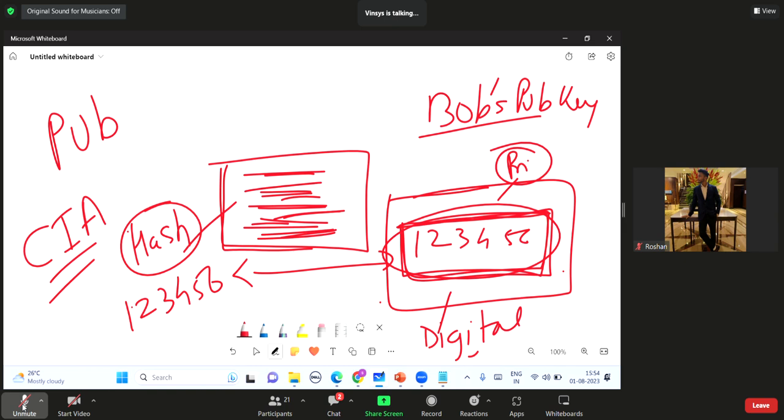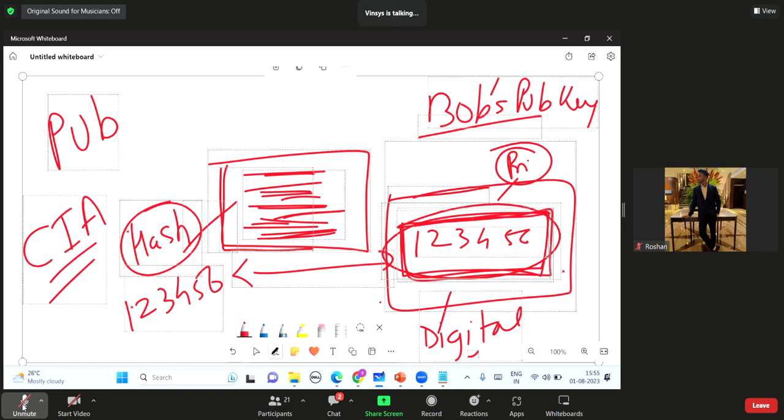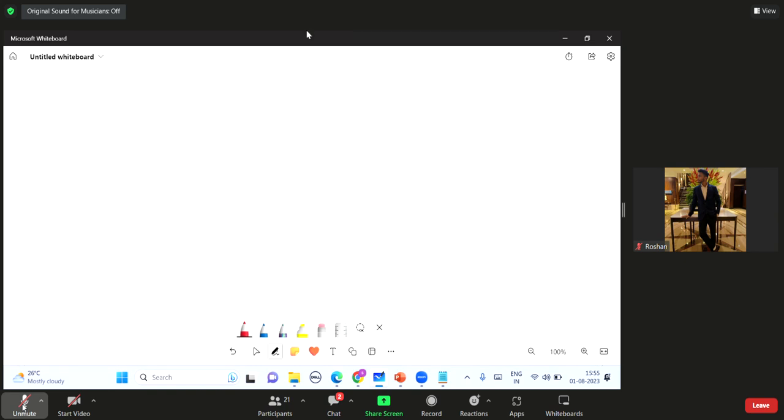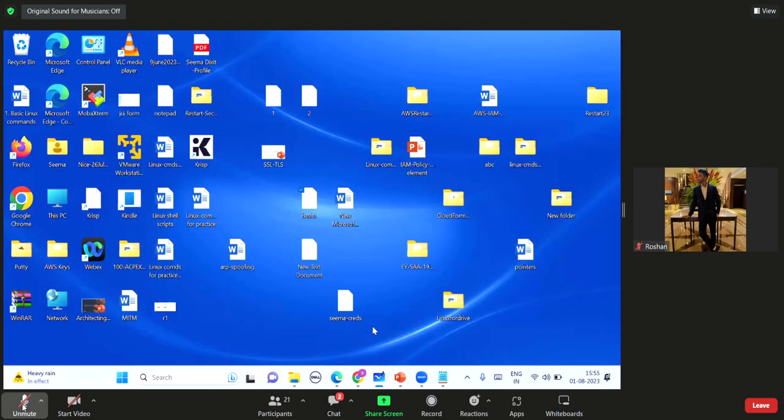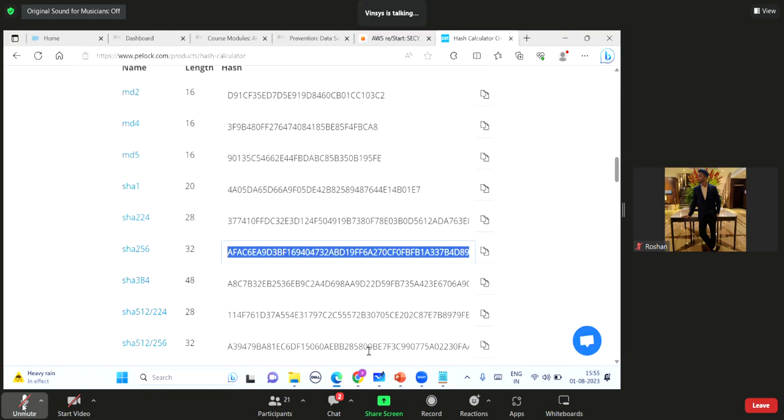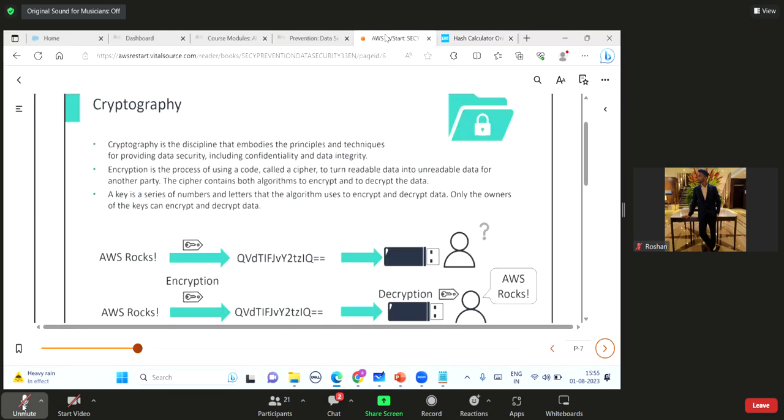Is it clear, everybody, now? Is it clear what exactly the digital signature is? So now the sender is proving that he is the person who has sent this file using the digital signature. Any question you can ask me. Now let us go for this.